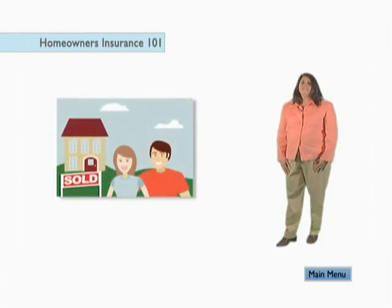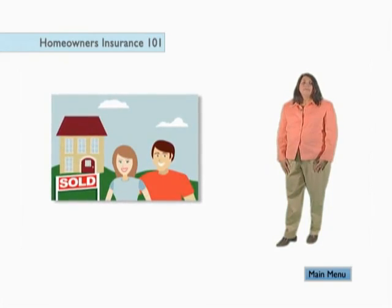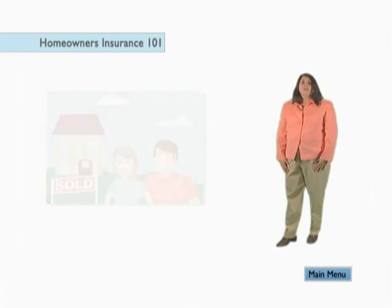Buying a home is the single largest investment that most people make. Your main line of defense in protecting that investment is homeowners insurance. There are different homeowner insurance forms that will provide coverage for damage to your home and to your belongings caused